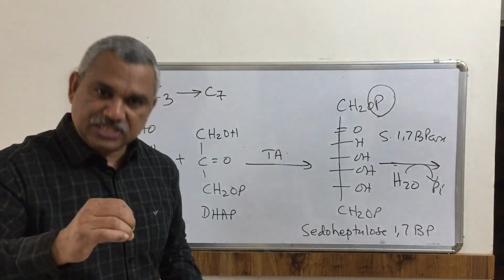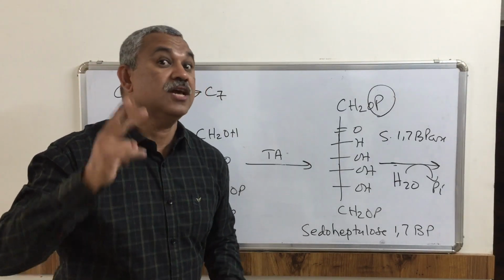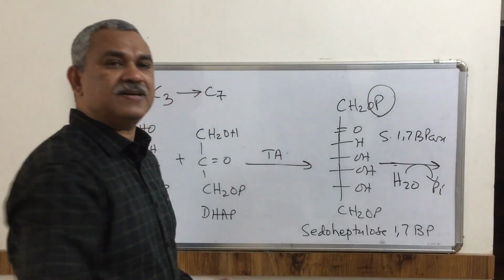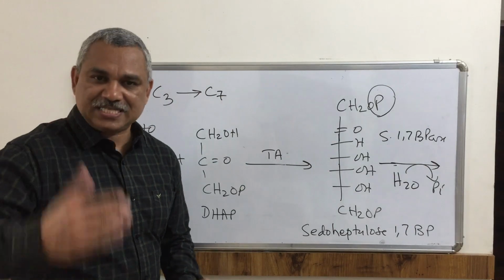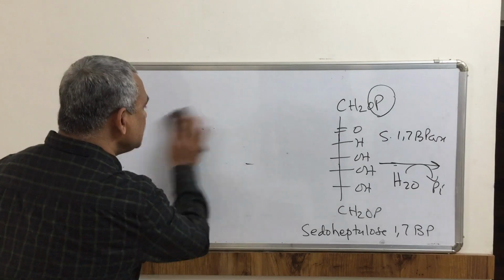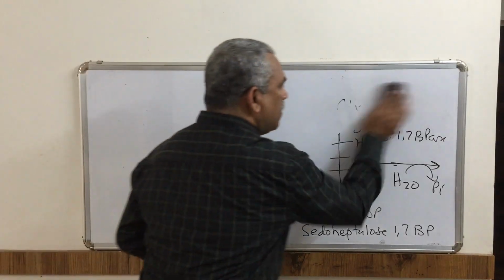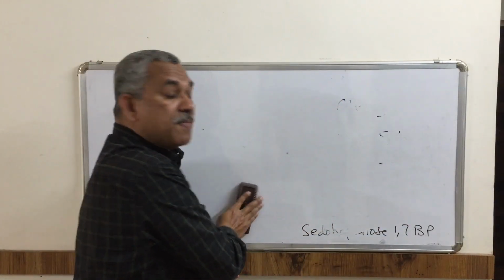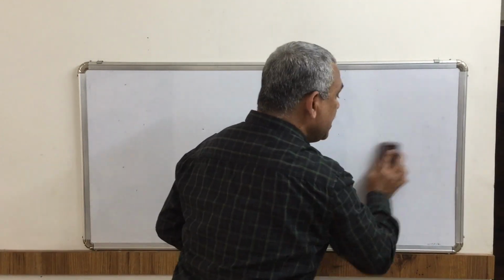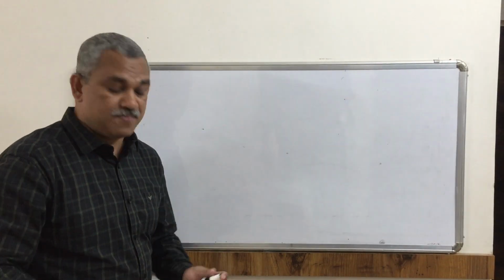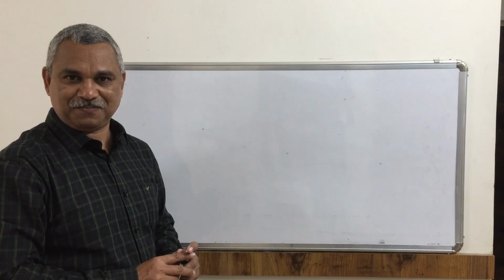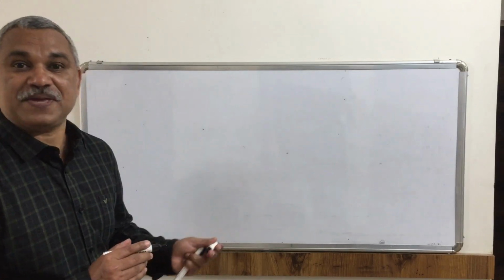In the regeneration, we have already encountered 2 irreversible reactions. So now we have a 7 carbon compound. Let us see what happens next. Our target is to make ribulose 1,5-bisphosphate. Now we have 3 carbon, 4 carbon, 5 carbon, 6 carbon and 7 carbon sugars. So our next step is